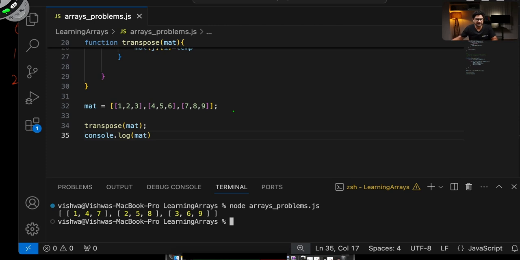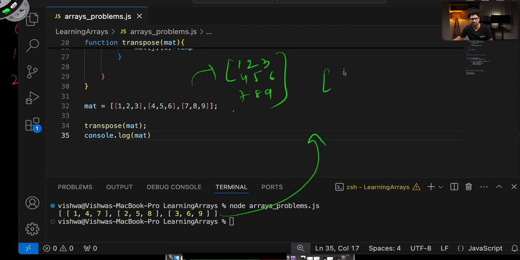problem.js, and if you see here, my initial matrix was what? My initial matrix was 1, 2, 3, 4, 5, 6, 7, 8, 9. This was original, which you see from here, and what is this printing? It is printing 1, 4, 7, 2, 5, 8, and then 3, 6, 9. So I have got the transpose